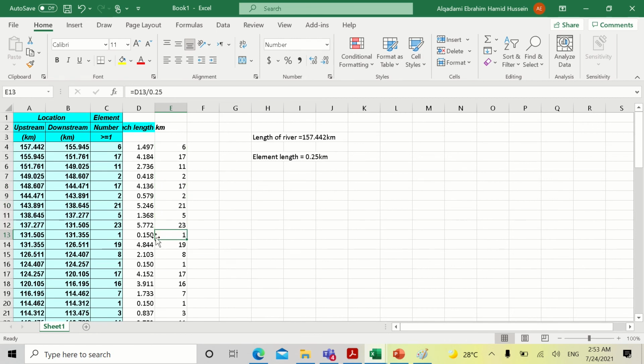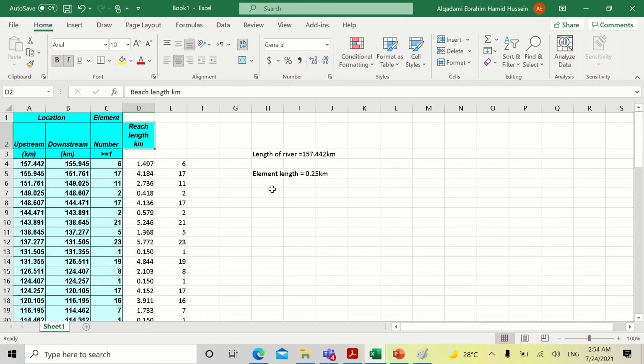In this case, the segment length is around 0.15, which is less than the element length, so it automatically becomes 1. My recommendation is to choose the element length as the lowest value in the reach length. So for example here, you can choose the element length equal to 0.15